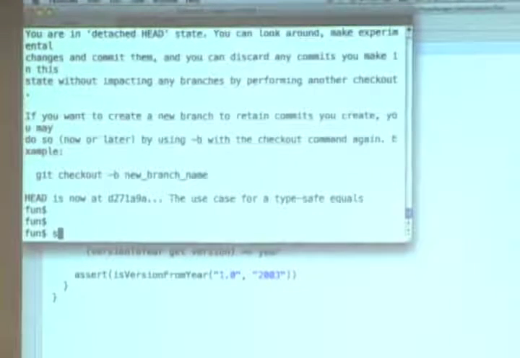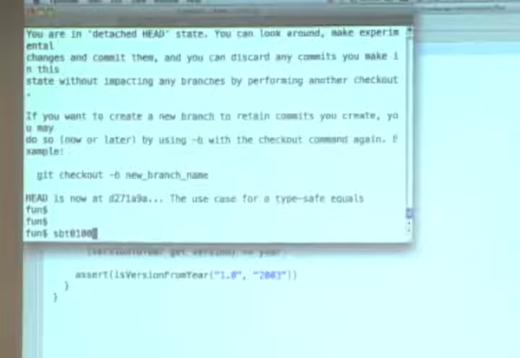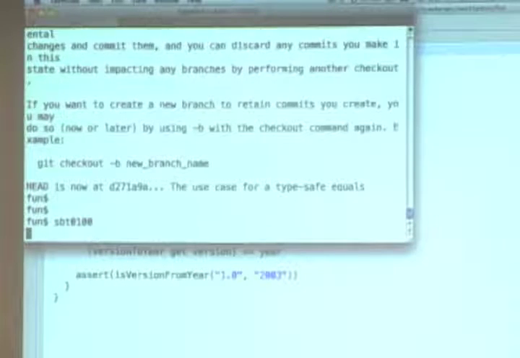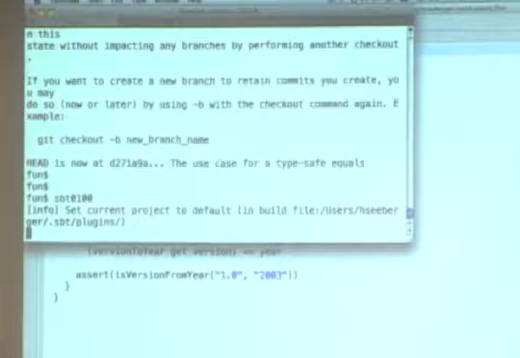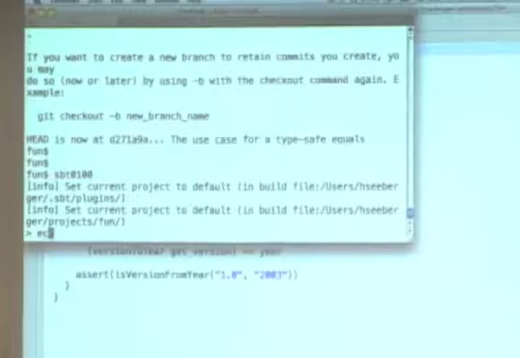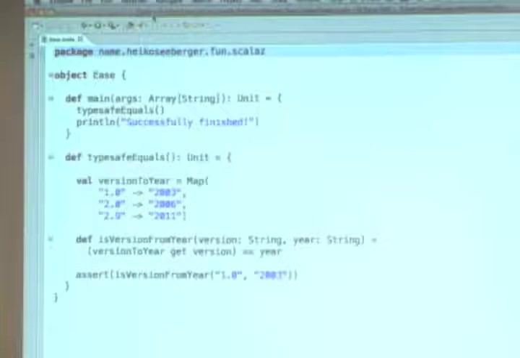I start SBT, the one that Mark just published, the new one. And as you can see here, you've got an eclipse command which will create Eclipse project files. And you can also create subdirectories, skip root. It's the first version I released, and together with this, you can really use Eclipse very, very nicely.